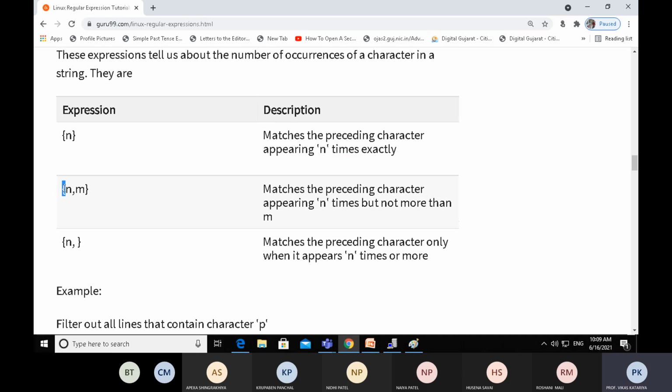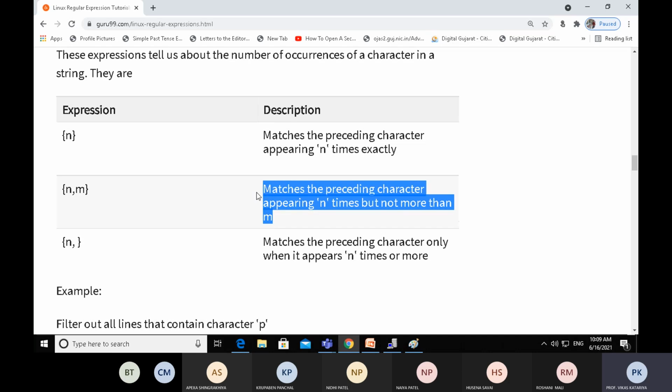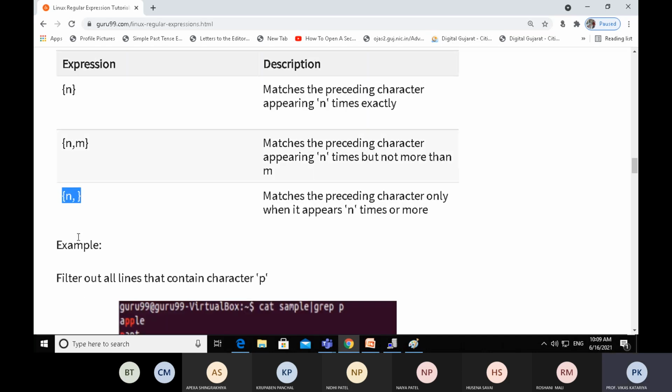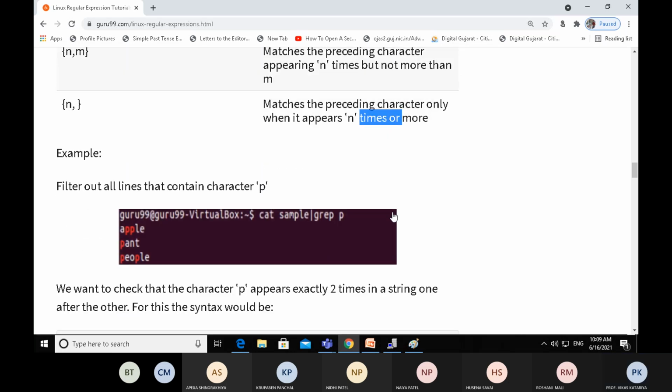Curly bracket n comma m matches the preceding character appearing at least n times but not more than m times. And the third pattern, curly bracket n comma close, matches the preceding character only when it appears n times or more.